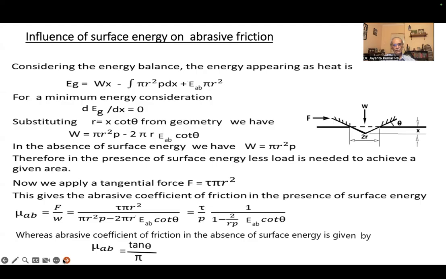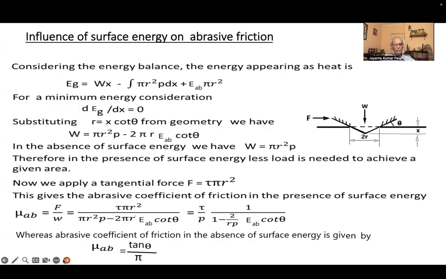So in the presence of surface energy, we need less load for the indentation. Now we apply a tangential force F. And tangential force F, as we have discussed earlier, is the projected area, again pi r squared, multiplied by tau. Tau is the shear yield stress of the material. So this gives the abrasive coefficient of friction to be